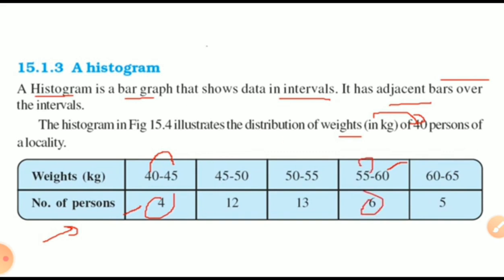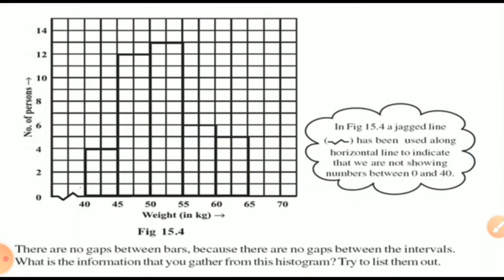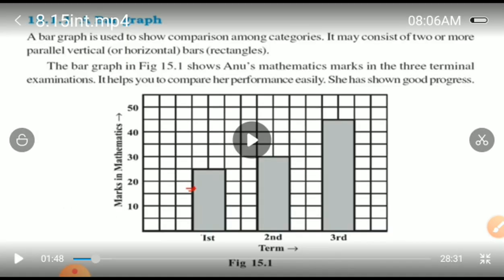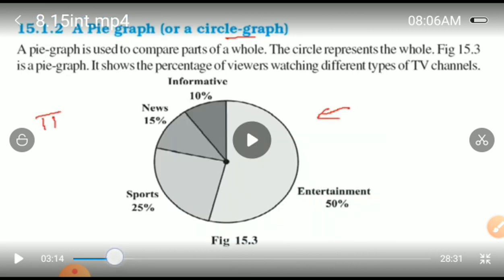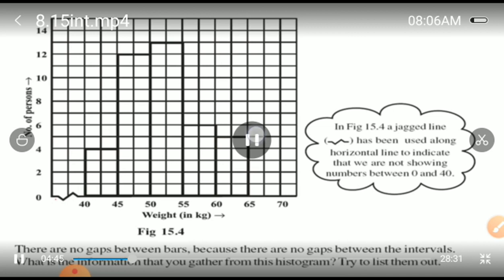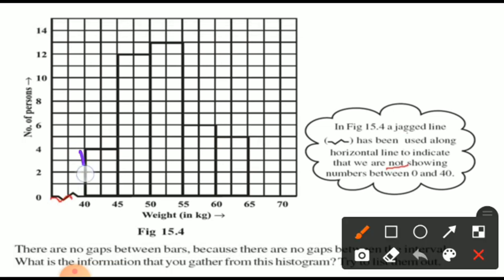Yes, my dear student, here you can find the graph of these things. I want to show you the histogram, shown here on your sheet. It is a histogram like this. It is showing, isn't it? Bar graph or histogram, beta. See, a histogram is nothing but a chart. Isn't it like this? There is no gap between each and every bar. The bars are different, and all the things are informative here.